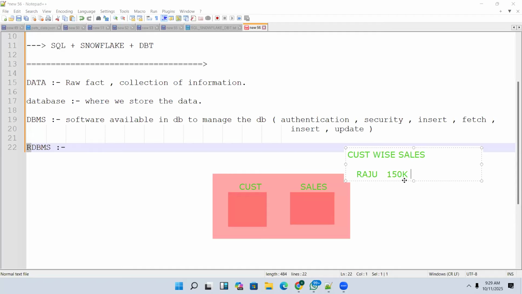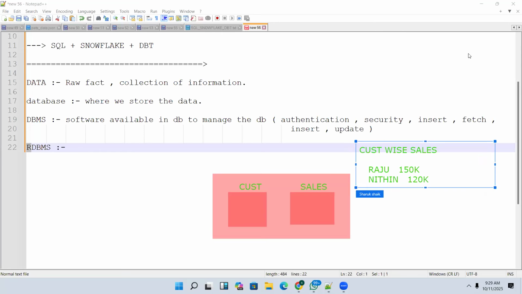Like that, he wants some report. And there is Nitin. What are the sales of Nitin? Like 120K. Like that, he needs some data information, some report. Now, if you observe here clearly, customer details are available in one table.